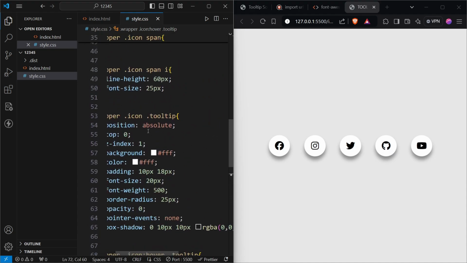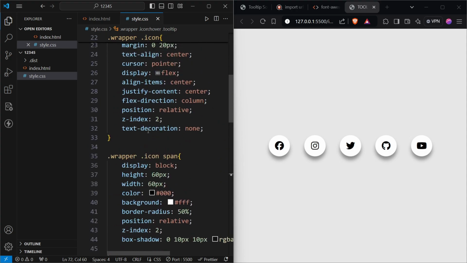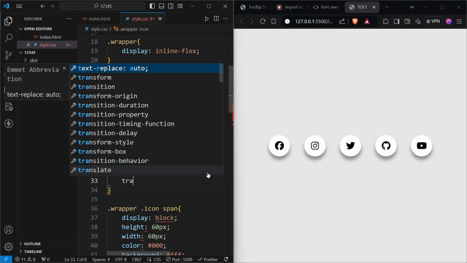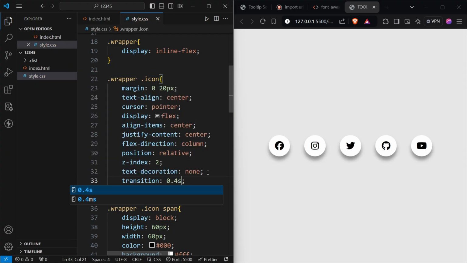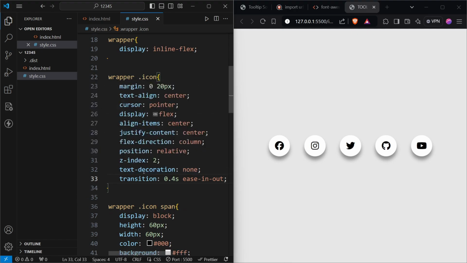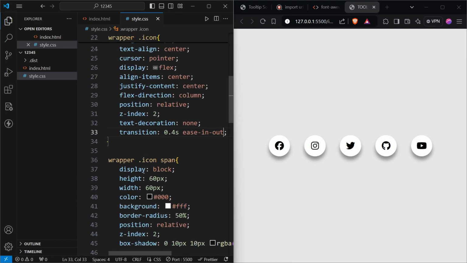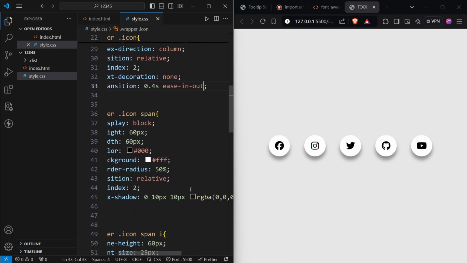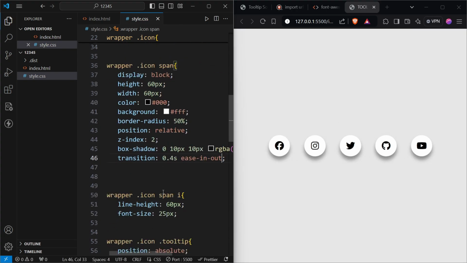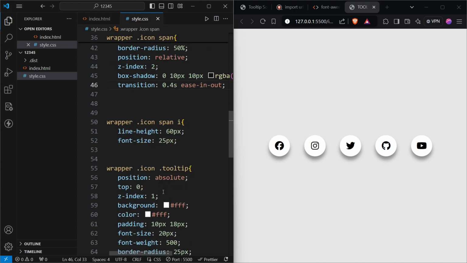And so dot icon, let's add a transition over here of 0.4s ease in and out, okay. And then we'll just add a transition over here as well. Transition of 0.4s ease in and out. It looks much smoother, okay. And after doing this, we'll be working on the